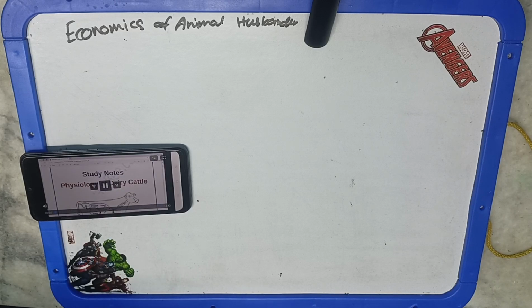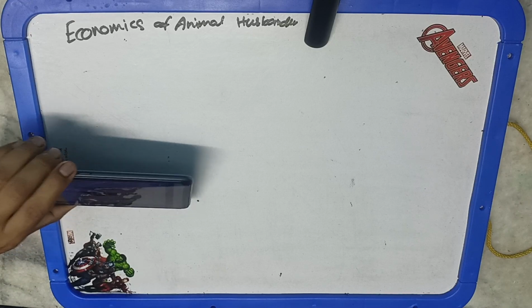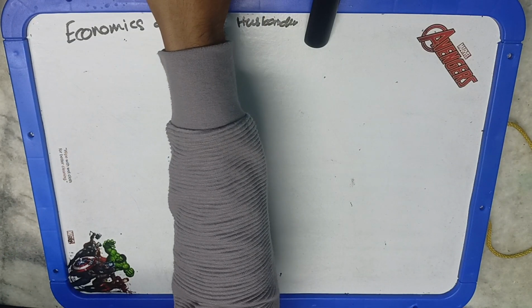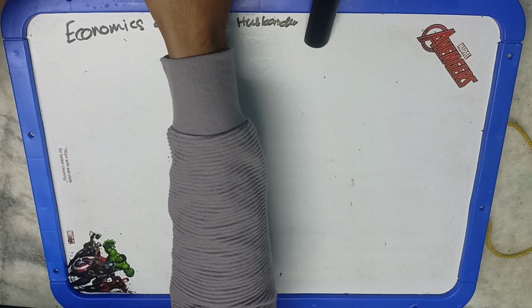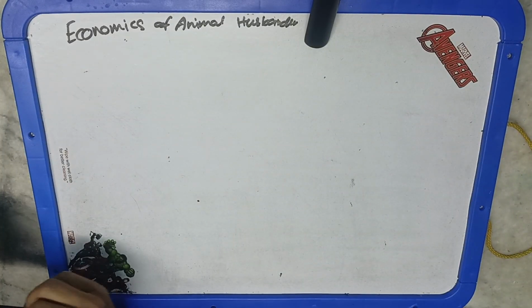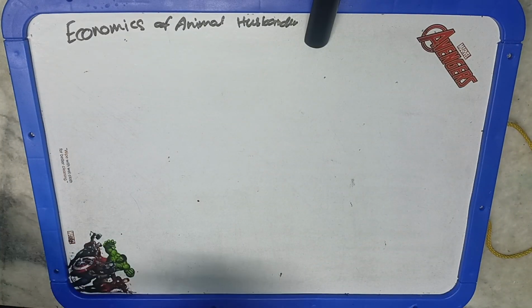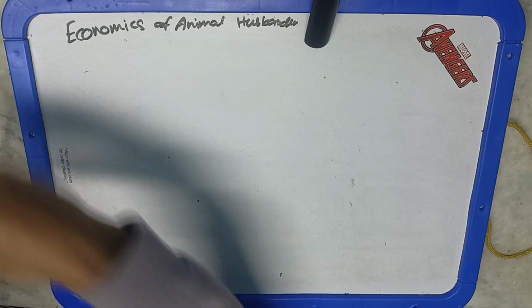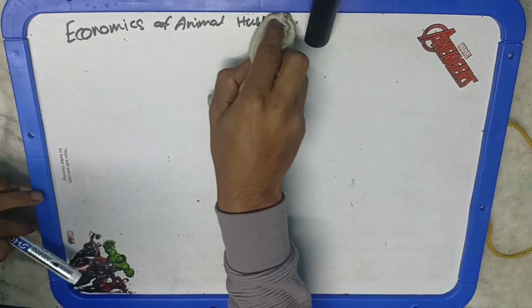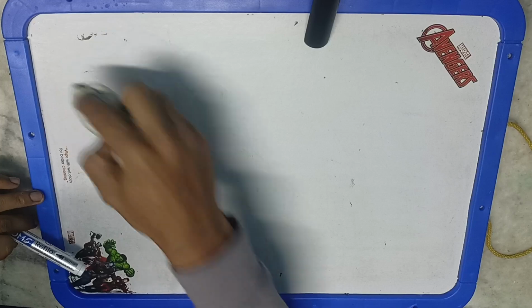This topic is related to the physiology of dairy cattle. So this is a very important topic, and this is not only for the cattle, but it is equally applicable for all the ruminants. Okay, so we will also understand why we are calling them ruminants, why this name is given. This is very much associated with digestion. Digestion is one of the physiological aspects of the dairy cattle, or we can say the dairy animals.